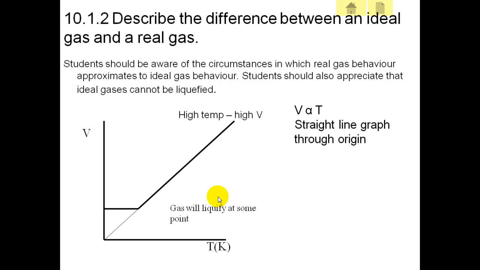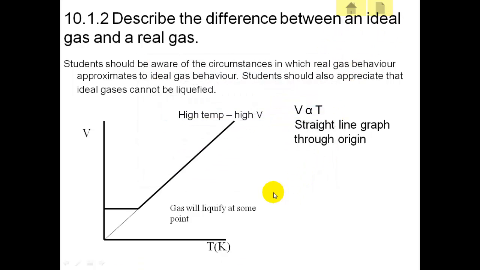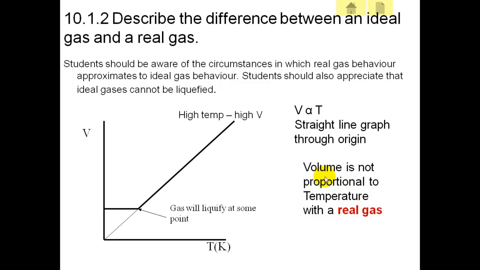However, in a real gas, there are forces that make the particles come together. Not in an ideal gas, but in a real gas. So what will happen as the gas starts to cool down, the volume will get less and less until it basically turns into a liquid. Then the volume will not change, it will stay as a liquid. The volume is not able to change then. So therefore it moves away from being an ideal gas. So here we have it. The volume is not proportional to the temperature with a real gas at low temperatures,